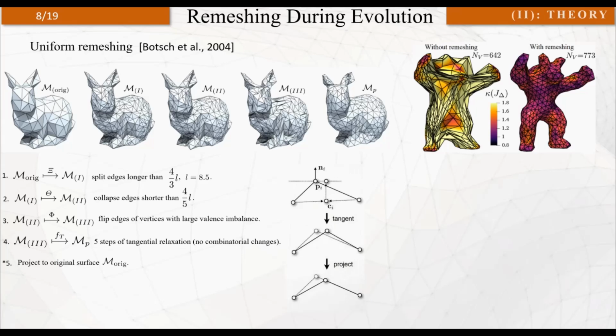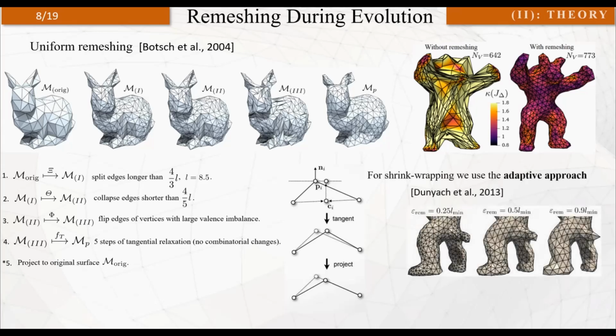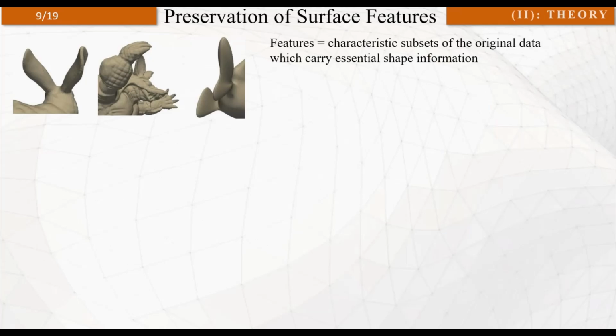These 5 steps are usually repeated during one remeshing procedure, for example 3 or 5 times by default in our experiments. For our algorithm, we use an improved approach by Dunyak and colleagues with adaptive sizing. The unfortunate consequence of the adaptive remeshing algorithm is that it shifts the surface immersion into a slightly more smoothed representation. For this reason, we must take measures to preserve surface features, that is, subsets carrying essential shape information like